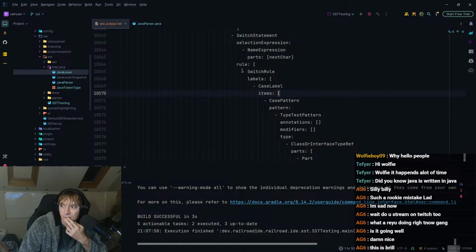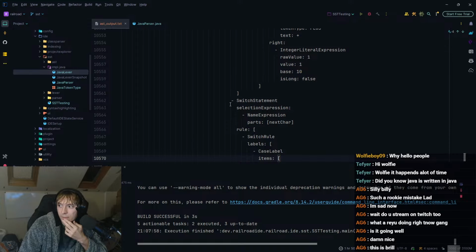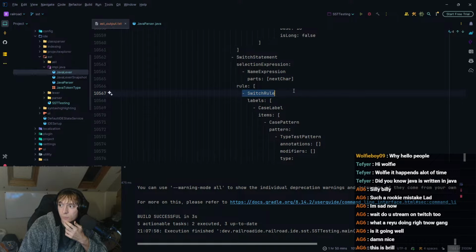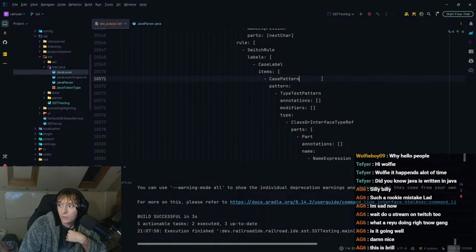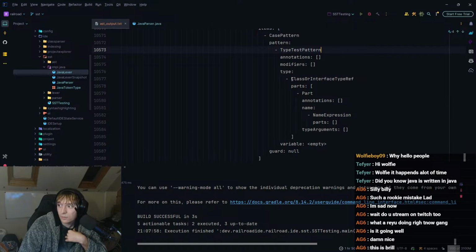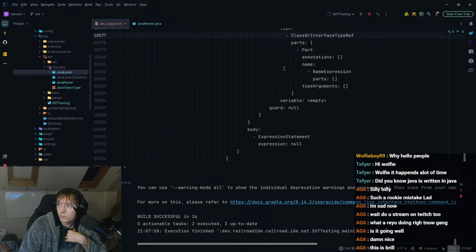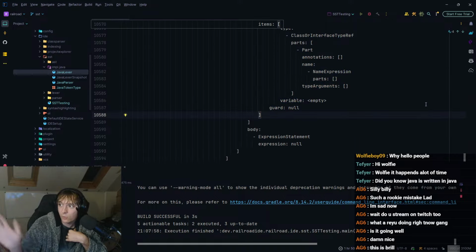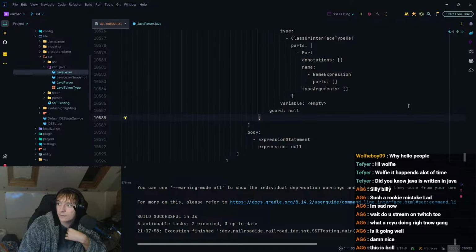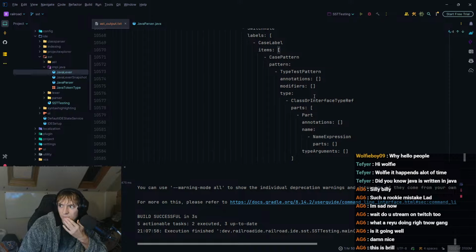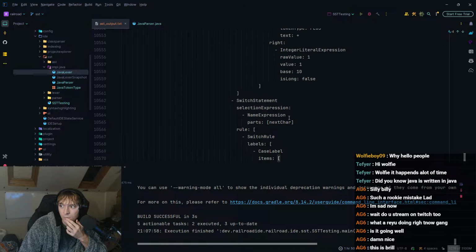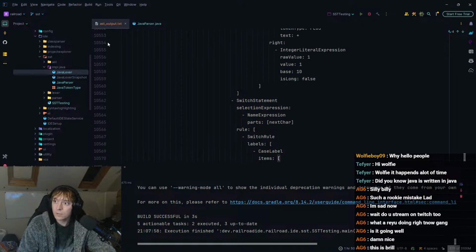I mean, it kind of has. So it knows there's a switch statement. It knows we're switching on next char. It knows there's a switch rule, which has a case, which has a pattern, and it's a type test pattern, a class or interface, but then it just dies. It doesn't know what that class or interface is, which is not the part I thought it would die on, but interesting.